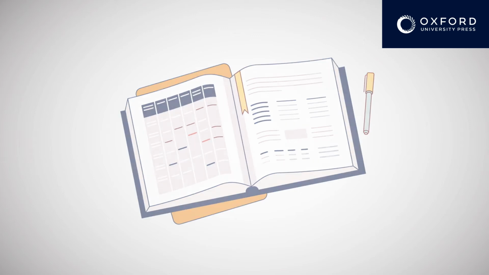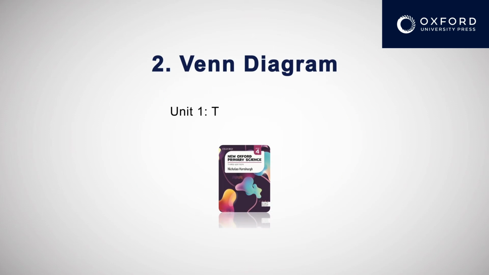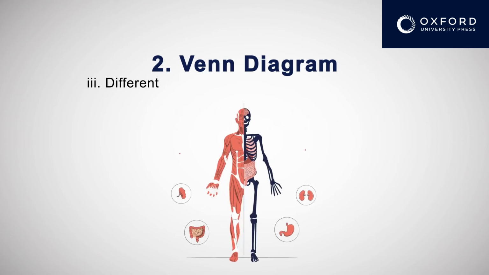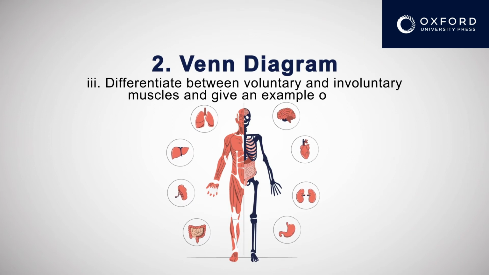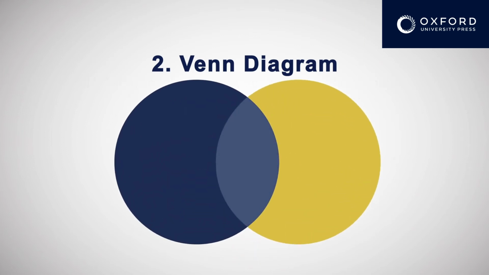The second graphic organizer is the Venn diagram, and this is a question from Unit 1, The Human Body, from New Oxford Primary Science Book 4. Differentiate between voluntary and involuntary muscles and give an example of each. Let's see how we can use a Venn diagram to answer this question, and compare voluntary